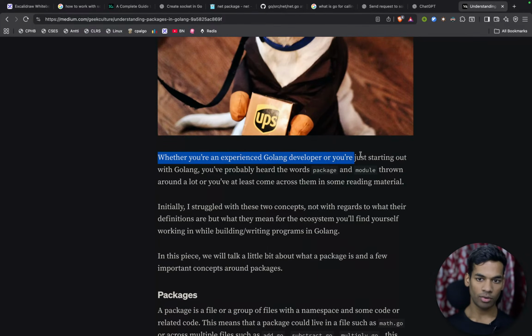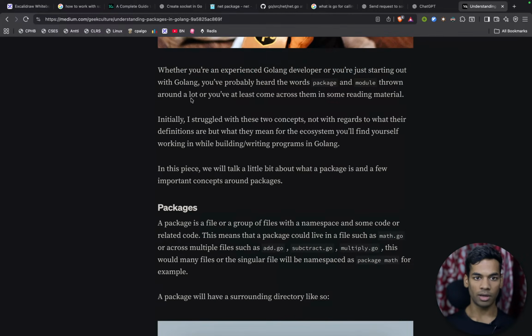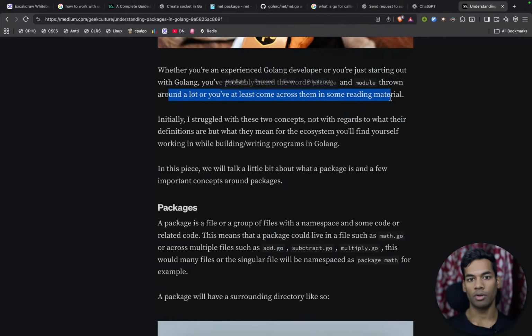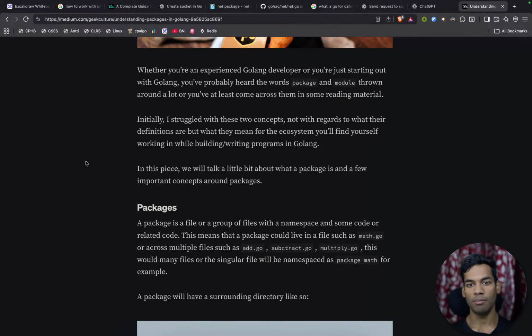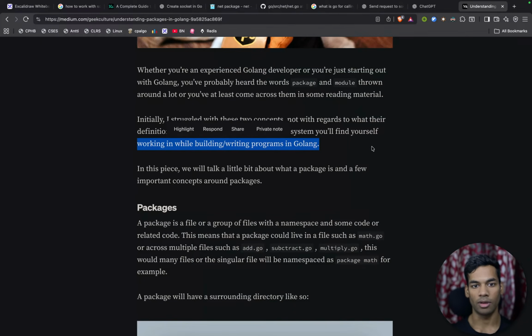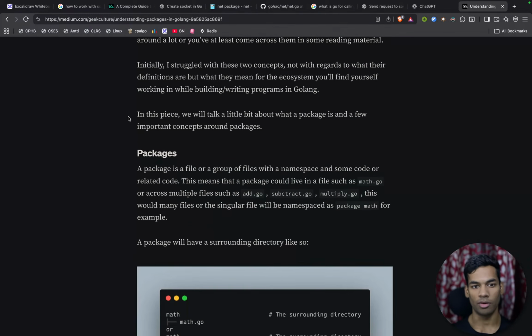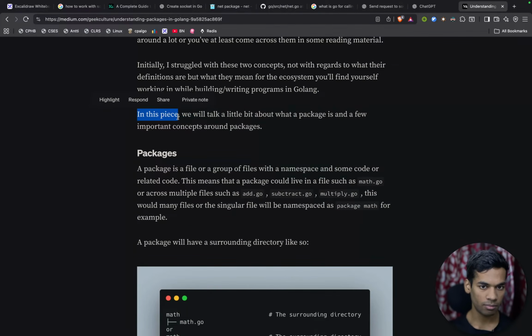Whether you are an expert Golang developer or just starting out, packages with Golang, initially I struggled with these two concepts, package and module, thrown around a lot. You have at least come across them in some reading material. Initially I struggled with these two concepts, not with regards to what their definitions are, but what they mean for the ecosystem you will find yourself working in while writing programs in Go. In this piece,